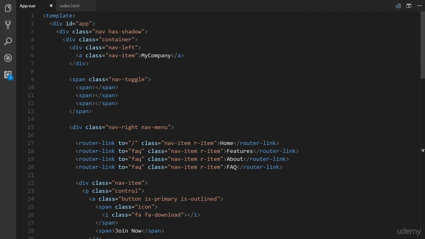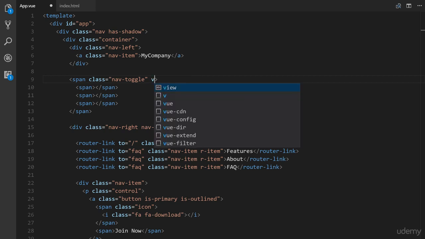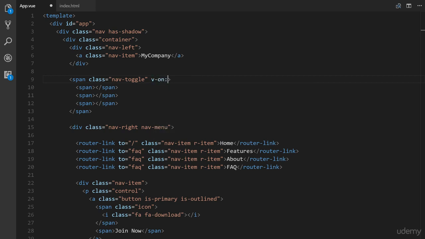And in our app view, we're going to focus on our span class nav-toggle. So this is the actual hamburger menu that you saw. Now we have to add a v-on:click, and v-on, by the way, is specific to Vue.js, and it's a directive. So v-on, and on what? Well, click, and we set a method here. So we'll just call this toggleNav. All right, so when this hamburger icon menu is clicked, it's going to call toggleNav, and we'll define that